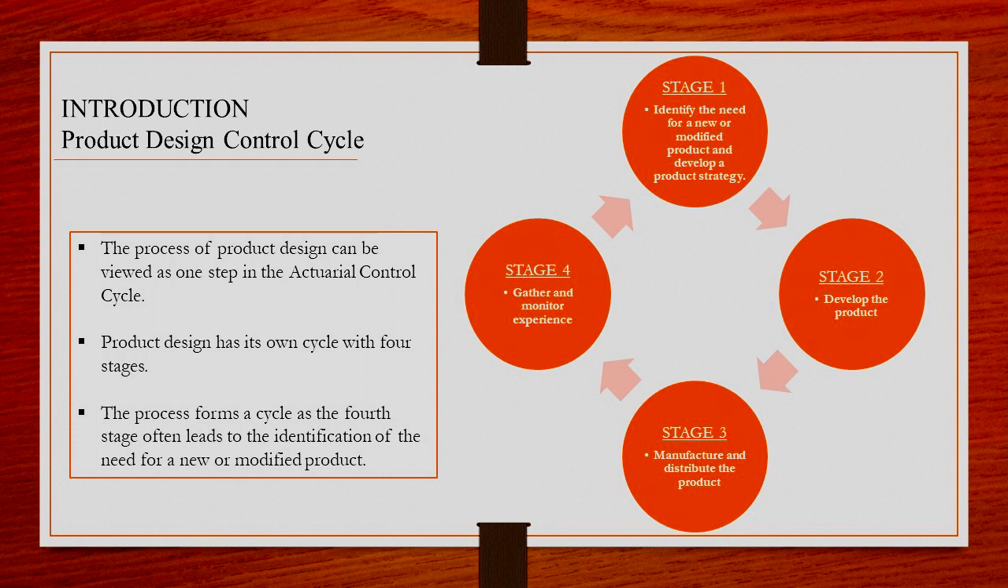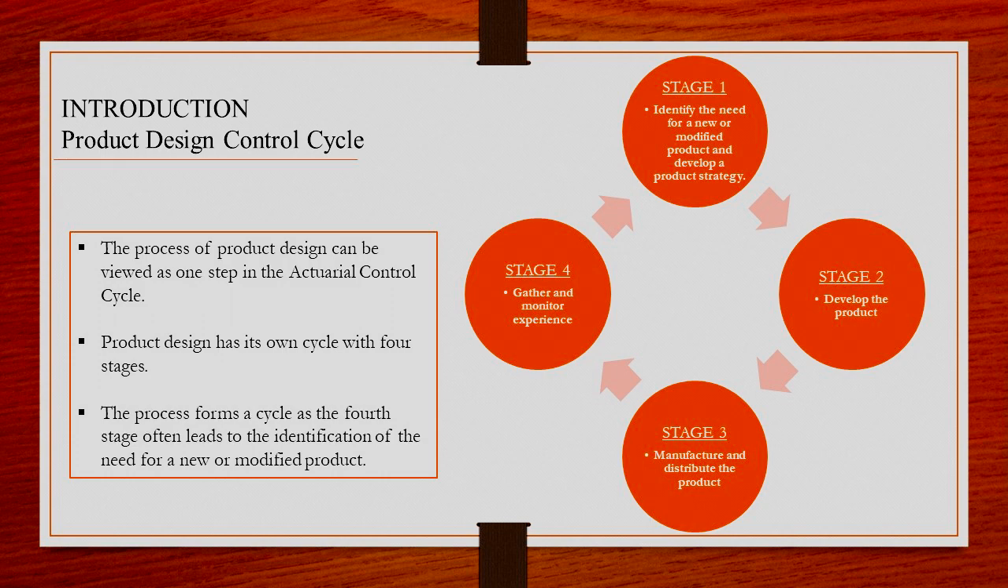Introduction. Product design control cycle. Stage 1. Identify the need for a new or modified product and develop a product strategy. Stage 2. Develop the product. Stage 3. Manufacture and distribute the product. Stage 4. Gather and monitor experience. The process of product design can be viewed as one step in the actuarial control cycle. Product design has its own cycle with 4 stages. The process forms a cycle as the 4th stage often leads to the identification of the need for a new